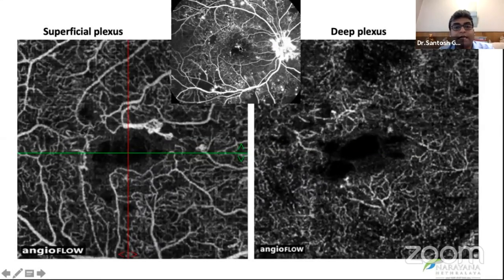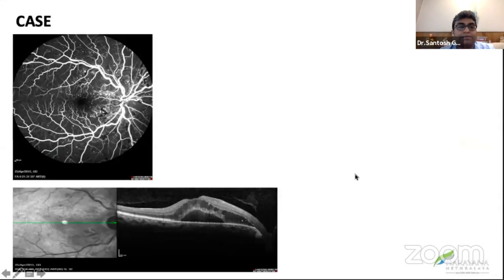So we can see an aneurysmal dilatation here. This is a superficial capillary plexus. This is a deep one. So we know that aneurysms can exist even in the superficial as well as the deep capillary plexus. So this particular aneurysmal dilatation especially is seen in SCP, not in DCP. But other aneurysms can be seen in the DCP, and we can see a change in the FAZ both in SCP as well as DCP.